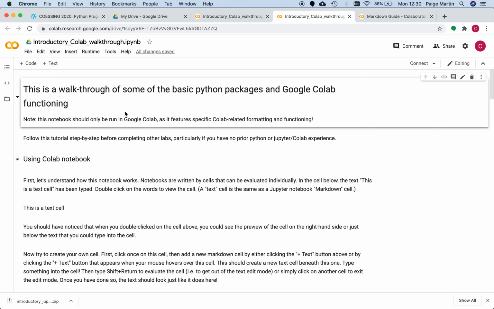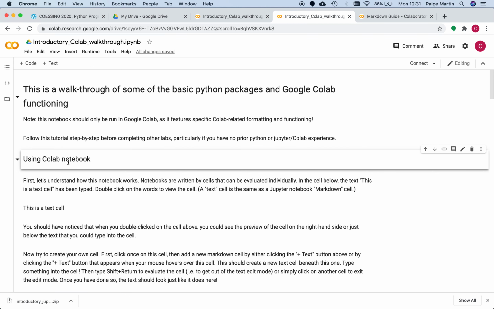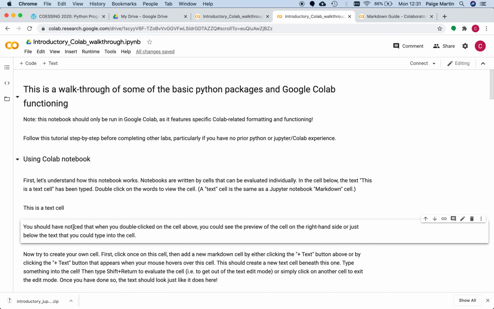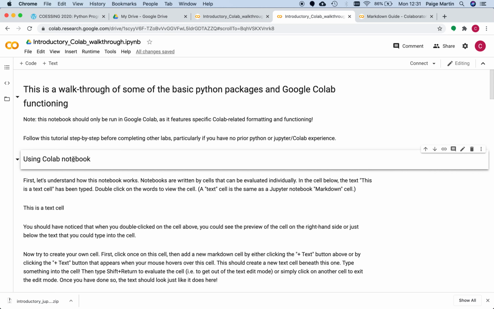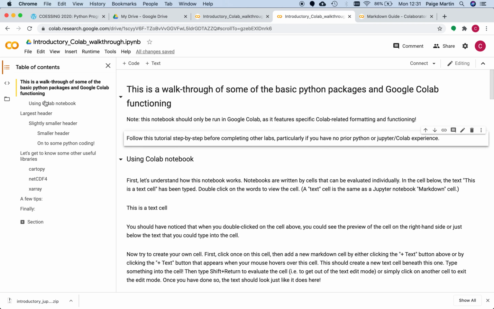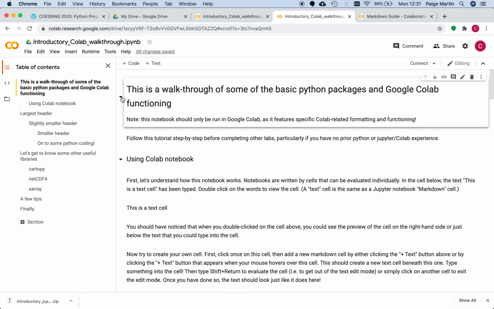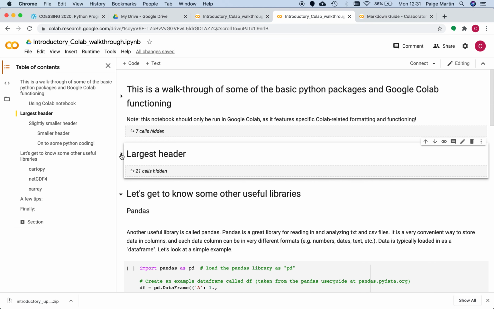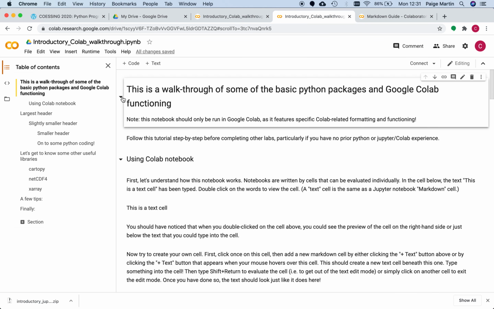Great. So let's go through a walkthrough here. So you'll notice that I can click these different cells. So this is very much like a Jupyter notebook if you've used that. And these are each just kind of individual cells, as we call them. And they can be used to evaluate code, or in this case, it's mostly text at the moment. If we pull this, you can have a little table of contents. That's kind of nice. You can toggle these. These are based on headers. So that kind of helps keep things